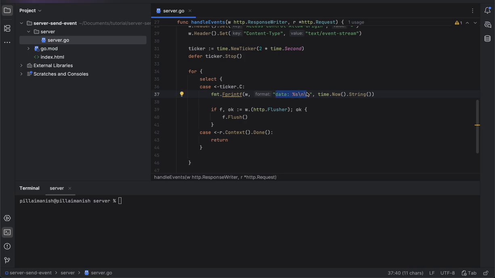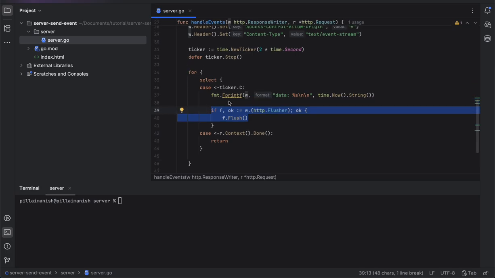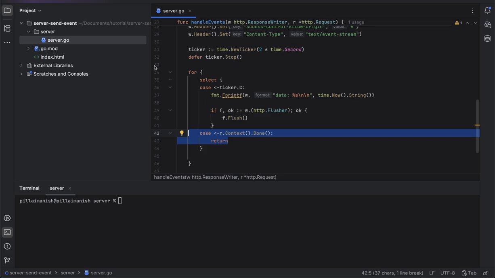Otherwise, it won't be able to decode the event or the information you are sending. The other main thing is that after every event you have to flush it to the client, so whatever data has been there, you're flushing it. And as for the context, if the server breaks, then we will just return.